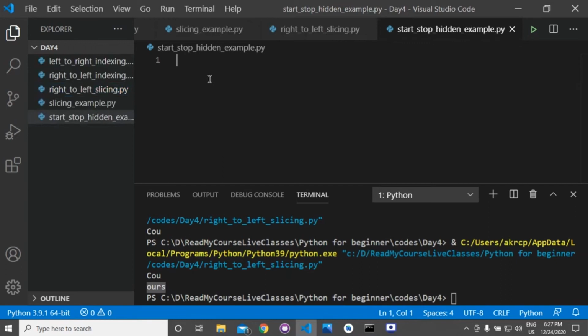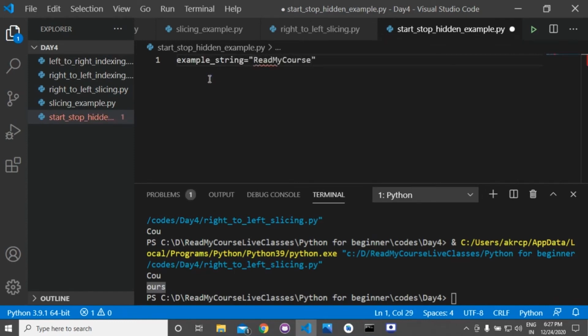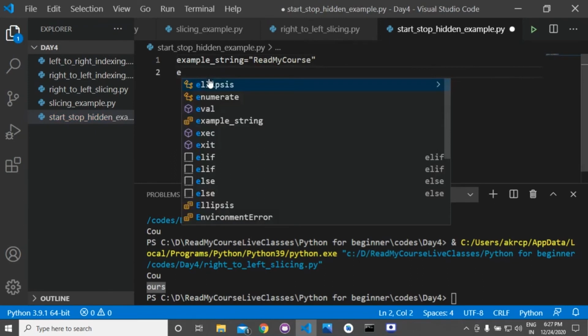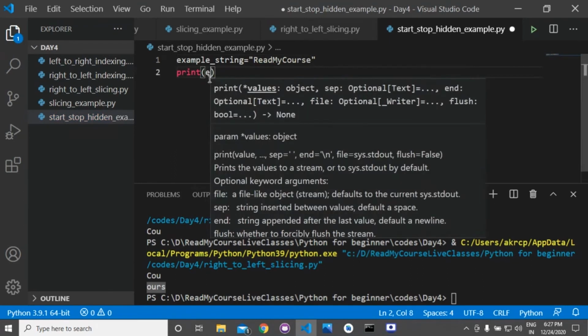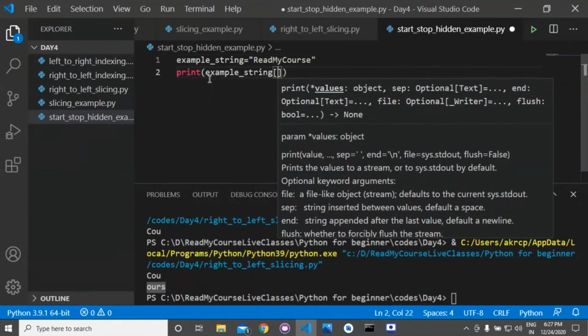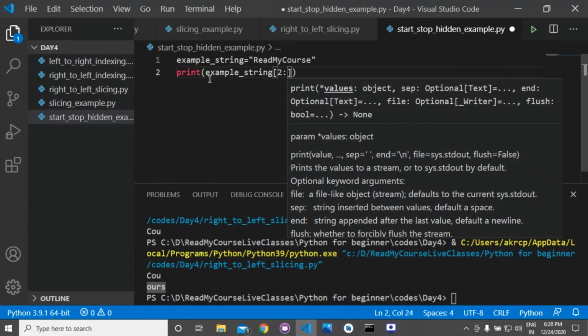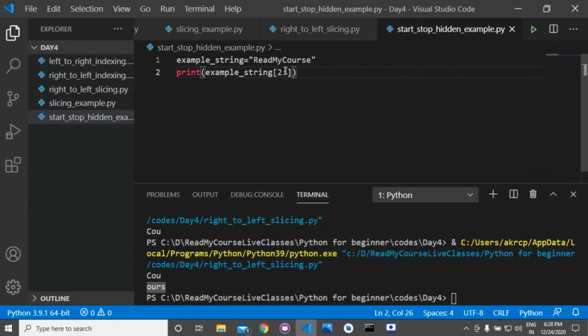Suppose that we have a string. Example string is equal to read my codes. If we write here print example string and then 2, we are not passing the stop parameter, so the result will start from 2. In position 2 we have A, so 0, 1 and then 2.